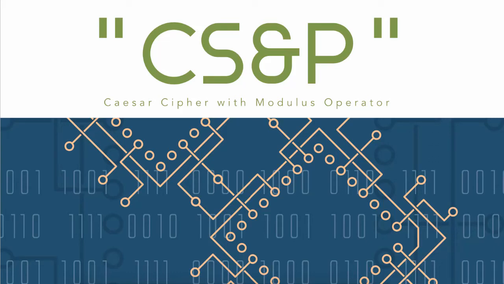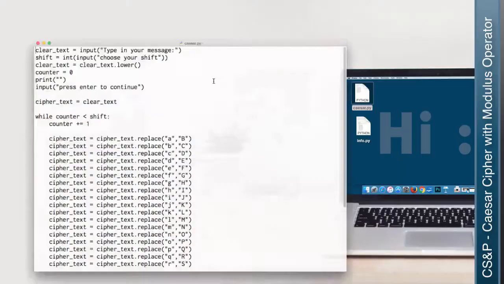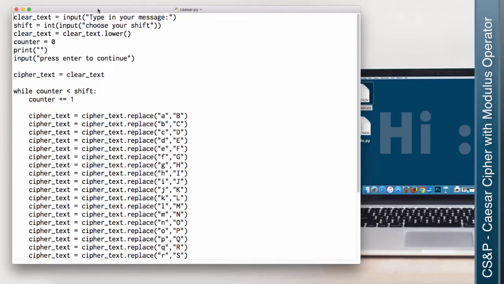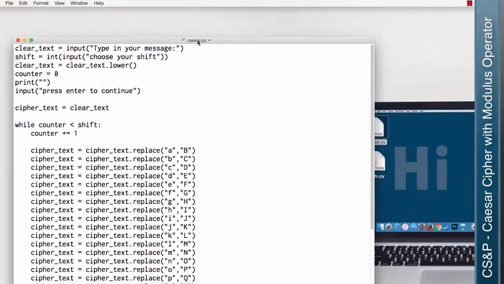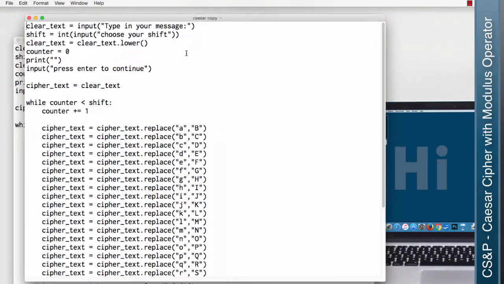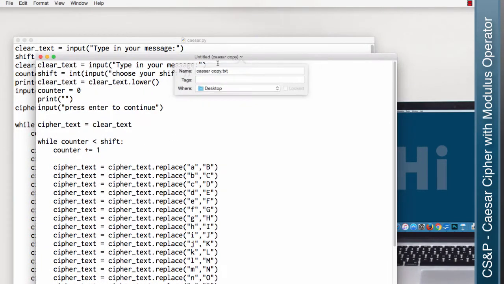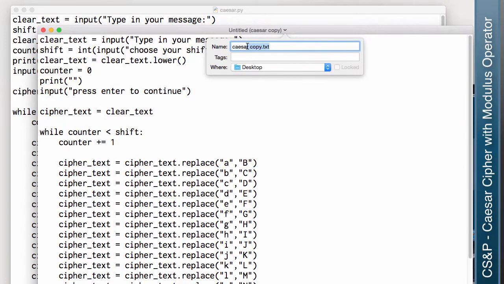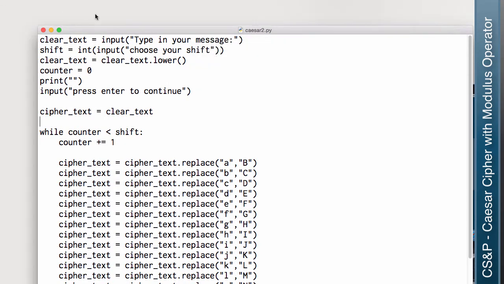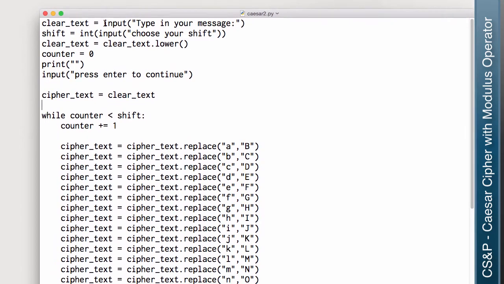So let's actually create this. So here was my other one, right? I'm going to go ahead and make a copy of this. So we'll call it Caesar2.py. I'll close the old one. I want to keep this stuff the same, so I have